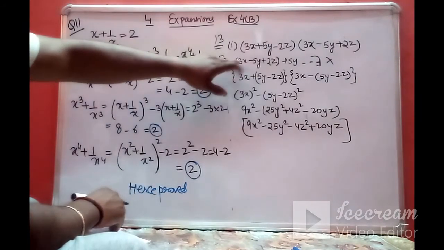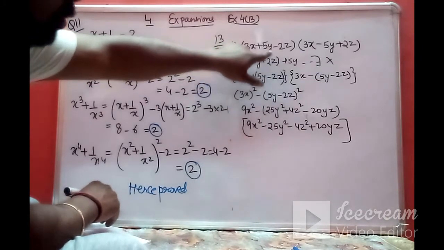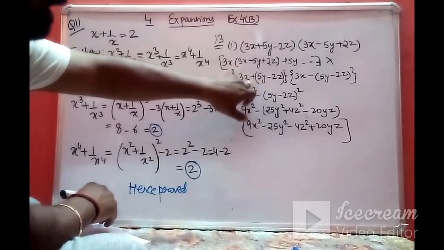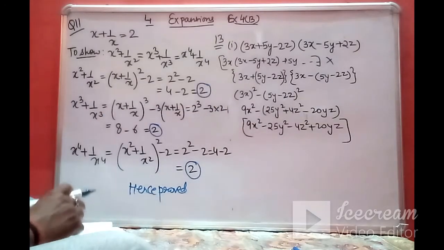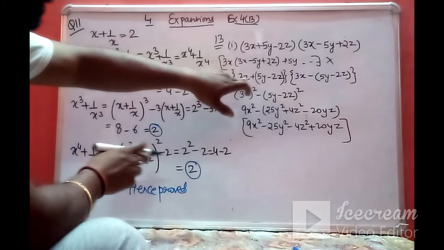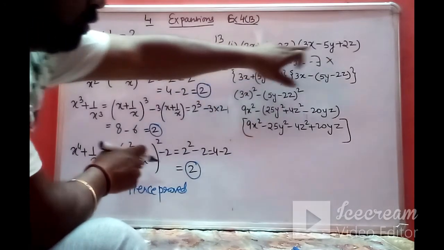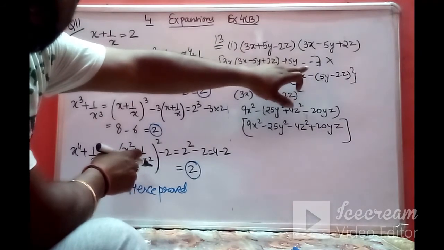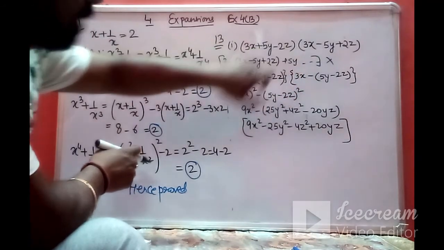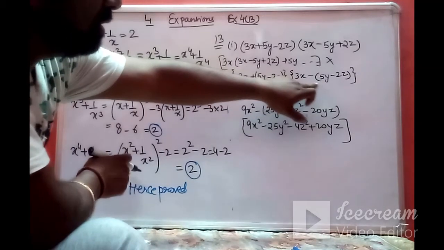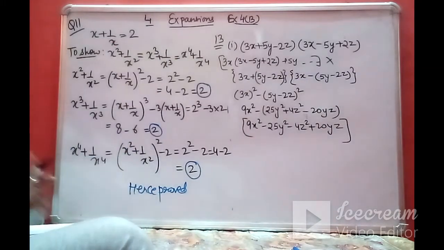One more time I am repeating. I have formed the groups such that I got it in the form (a plus b) into (a minus b). So this was 5y minus 2z. See, this and this both have different signs in the two expansions, so I have taken the minus sign as common here. So it becomes 5y minus 2z. In this manner you can expand these types of identities.